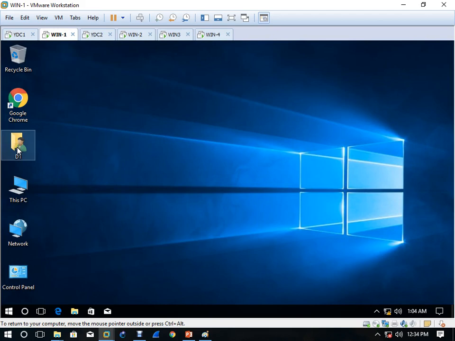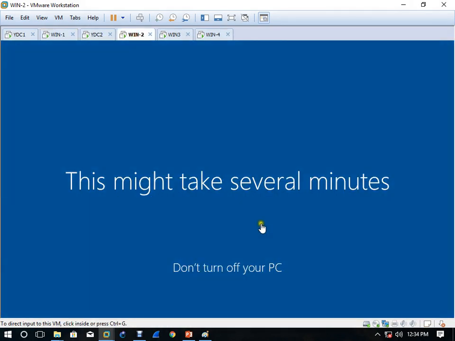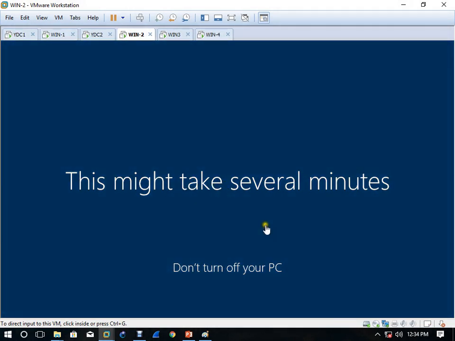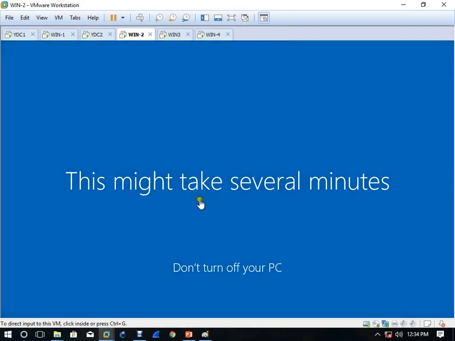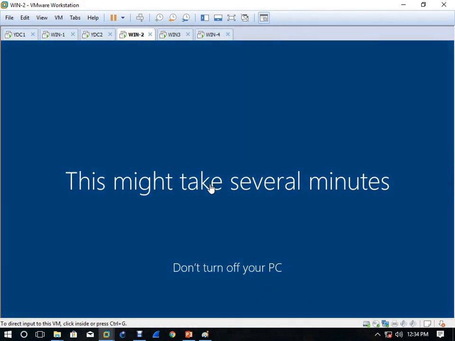See here, D1 is able to log in, right? Now we are waiting here for the local user to complete. When the local user logs into this machine successfully, then we will log in with the IIST parent user.